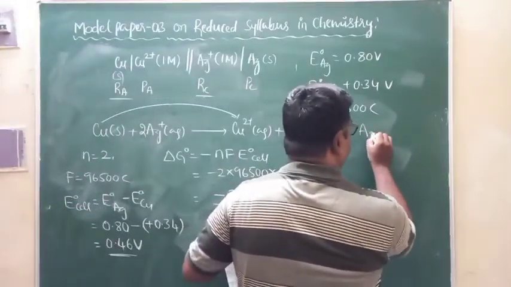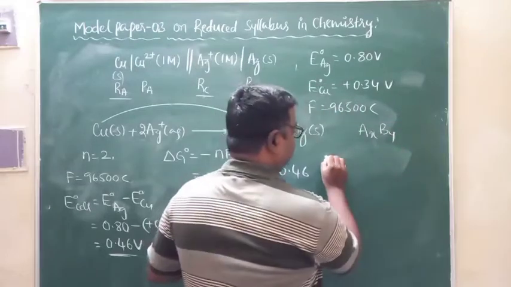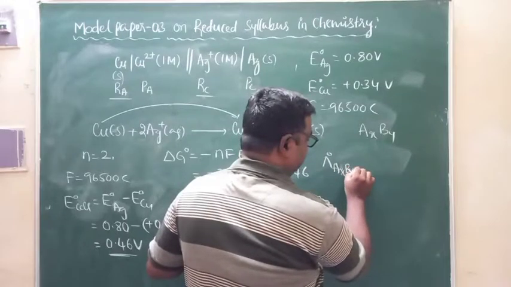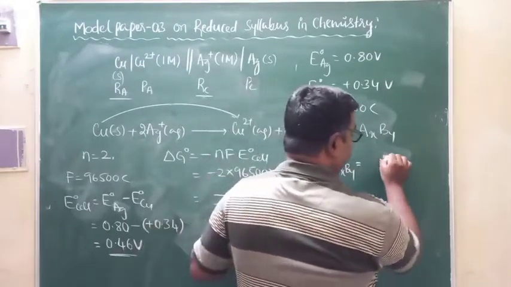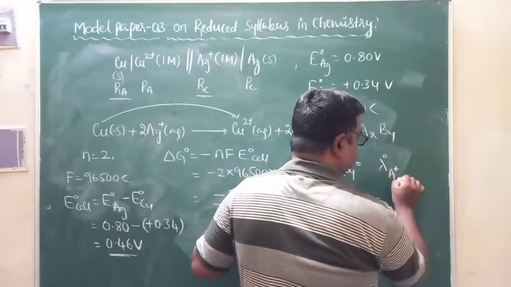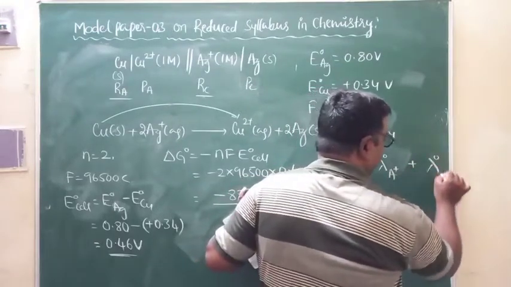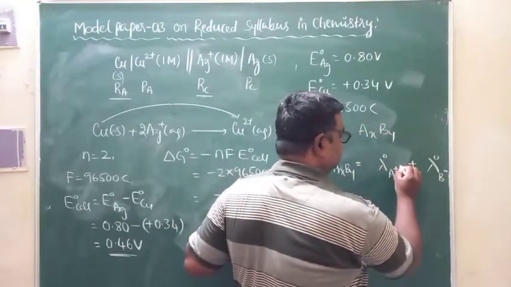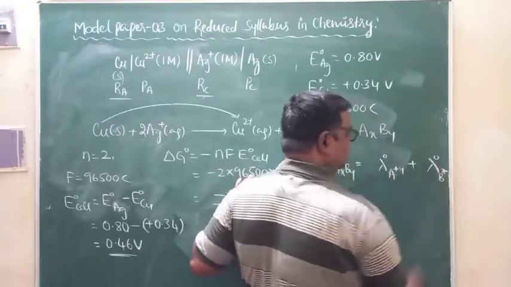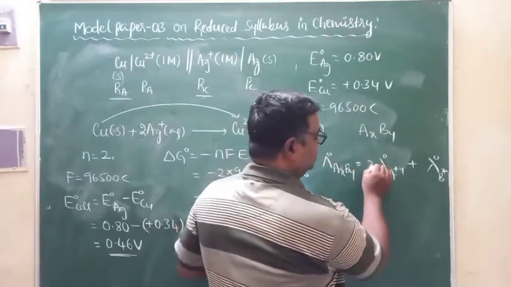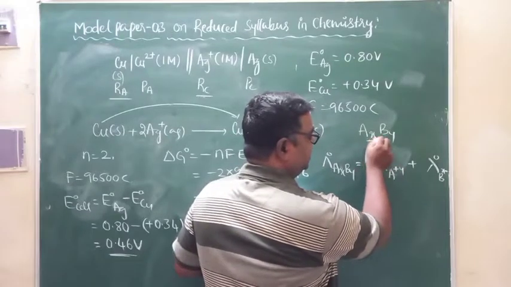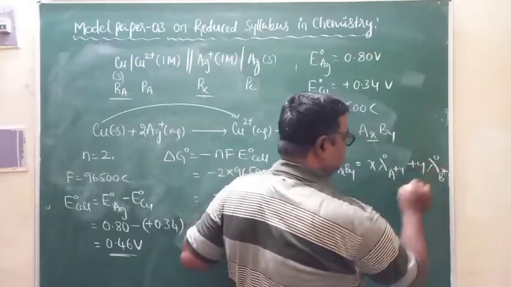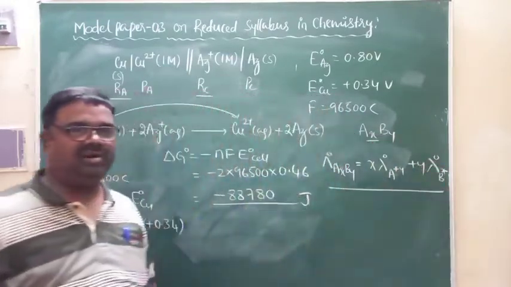Mathematically, if this is an AXBY electrolyte, the limiting molar conductivity of the AXBY electrolyte is equal to the sum of the limiting molar conductivities of cation and anion. Your cation is A plus, anion is B minus. Charge of A is plus Y, charge of B is minus X. How many A's are there? X, each multiplied by the number of ions present in one formula unit. How many cations are there? X. How many anions are there? Y times. So this is what we call Kohlrausch law of independent migration of ions.